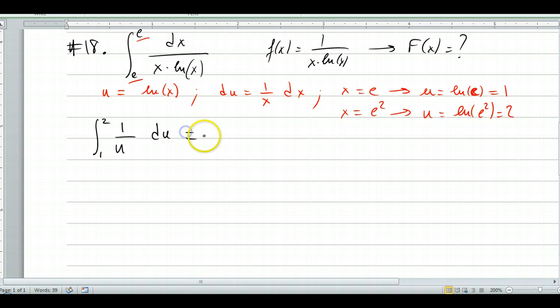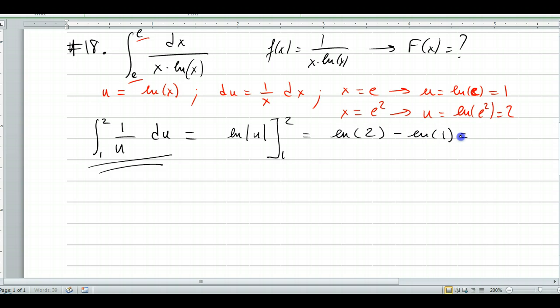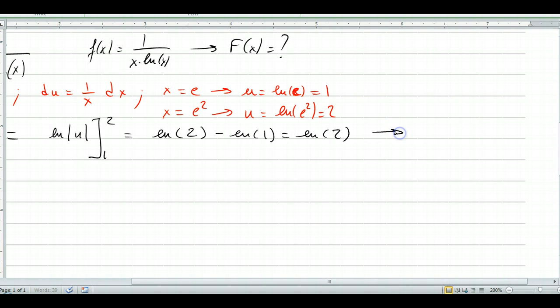Do not go back to x. This is all in function of u. So it's ln of the absolute value of u between 1 and 2, which is ln of the absolute value of 2, minus ln of 1. Ln of 1 is 0, so it's just ln of 2. And ln of 2 is